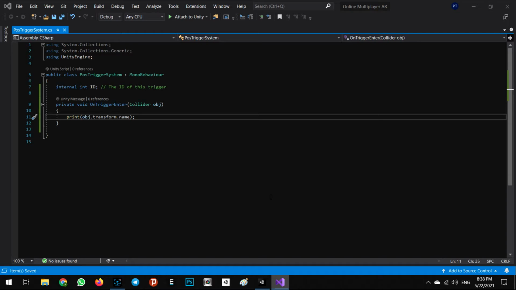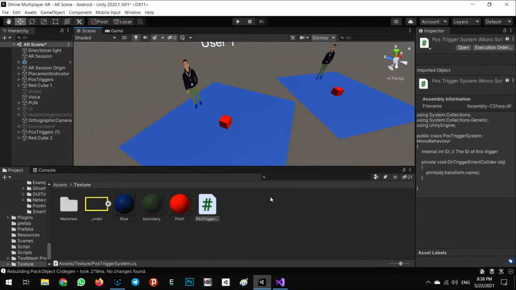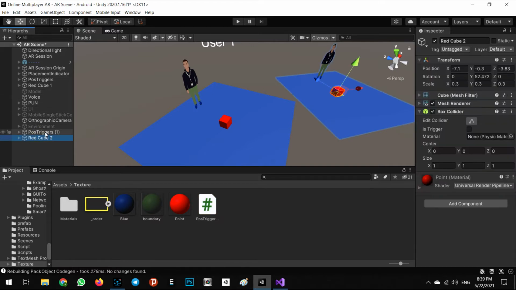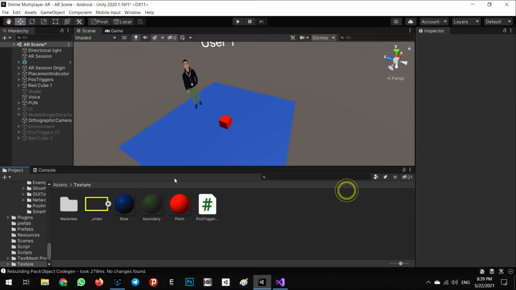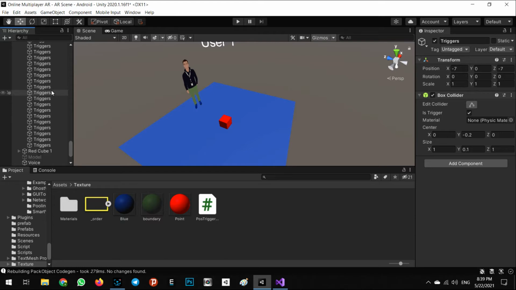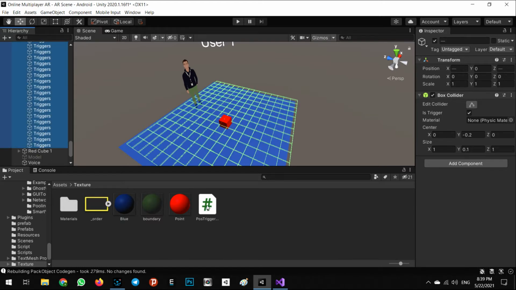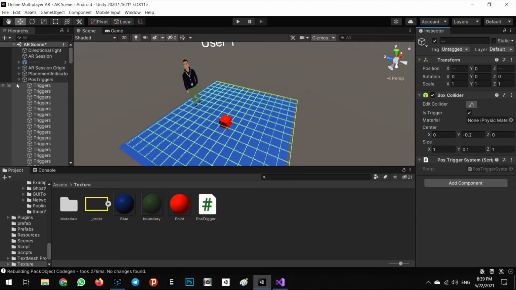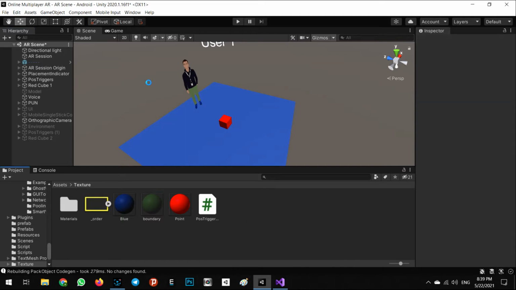Wait for the compiling. Alright. We don't need to have these ones. Right. And let's go here and click all of them and add this pose trigger system to all of them. Okay, now they are available. Make sure that for all of them a box collider or other colliders needs to be is trigger. Okay, and also in here for our character,